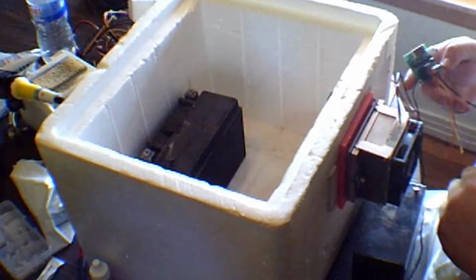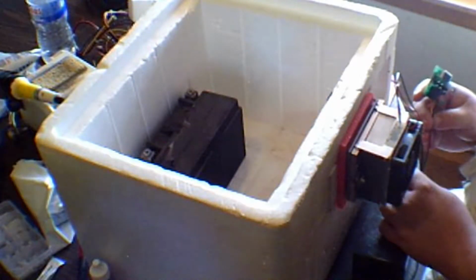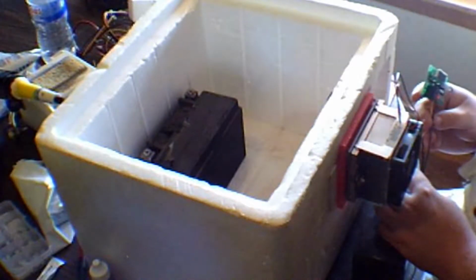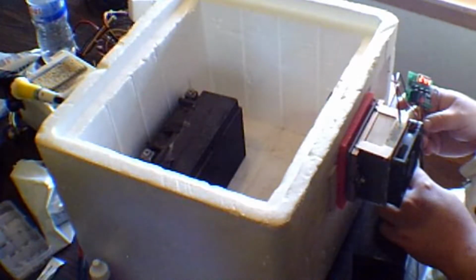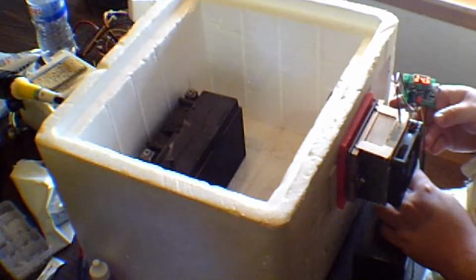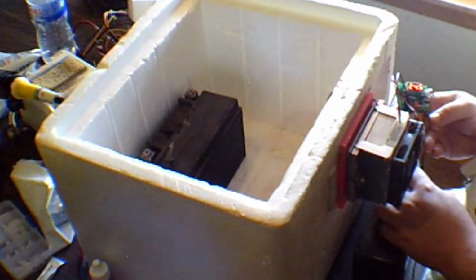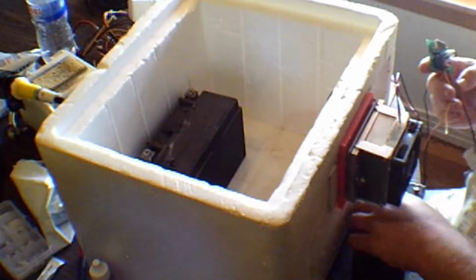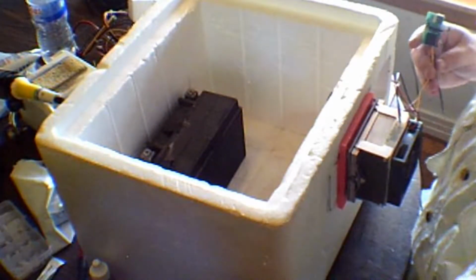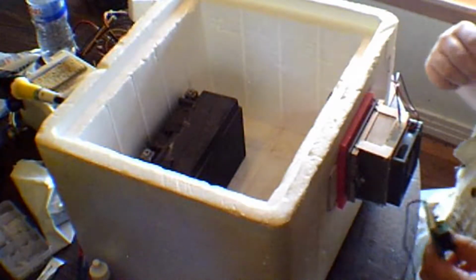The black wire is ground. Next to it, the orange one is positive. So it's 24.5. I believe that's Celsius. I could do